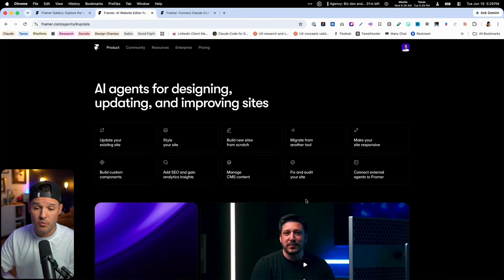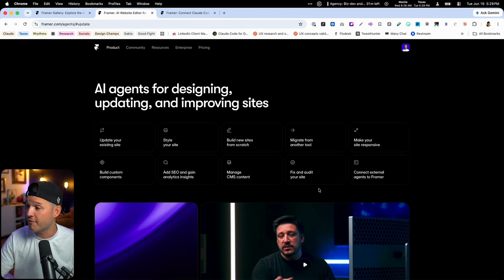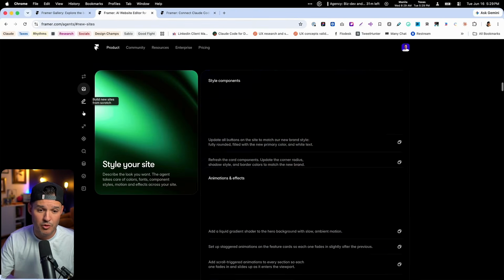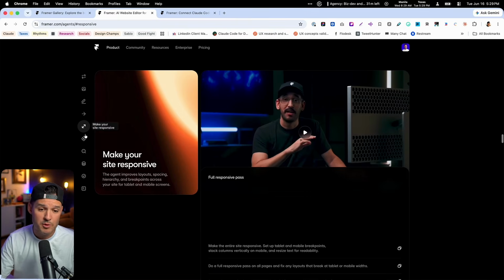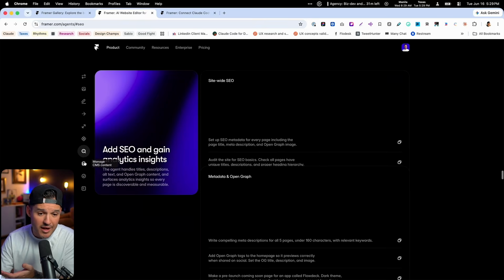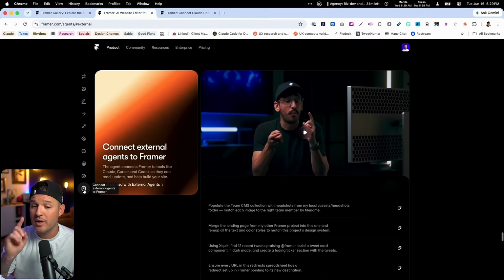All right, what we've demoed so far is just scratching the surface. And if you head over to Framer's update website, you'll see that there is a ton of other things that Framer Agent can do. If I was to scroll down, you can see we have access to styling your site and building new branches, migrating from another tool, or making your site responsive, which we touched on. But we can build custom components, SEO and analytics. We can do audits of your site, and we can even connect